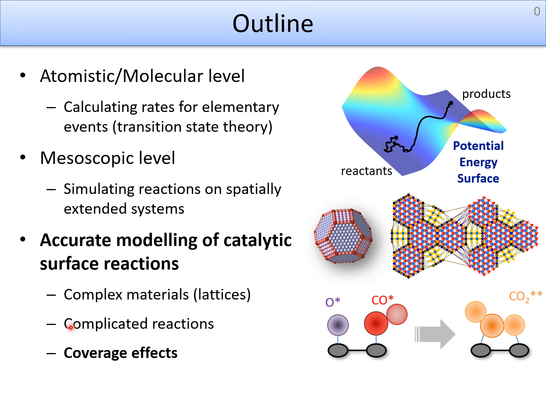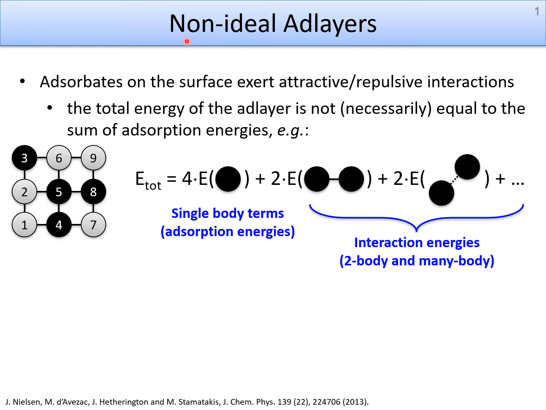We will finally talk about coverage effects. In general, adsorbates on catalytic surfaces form non-ideal add layers. This is contrary to the case of the model we discussed in the previous lecture, the Langmuir isotherm model. As you may remember, in that model, a fundamental assumption was that adsorbates do not exert lateral interactions between each other,